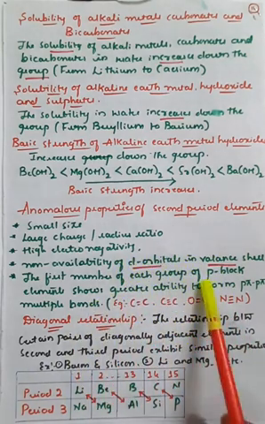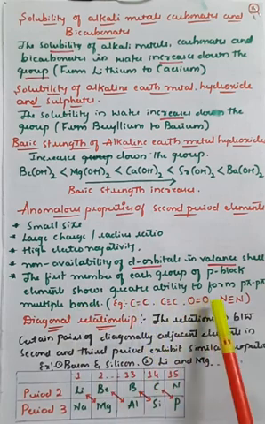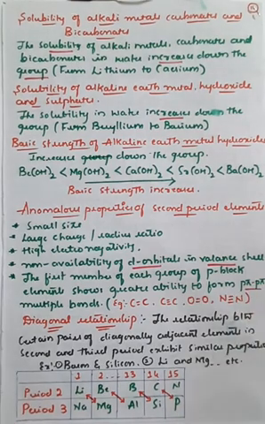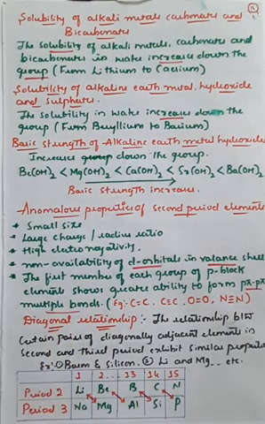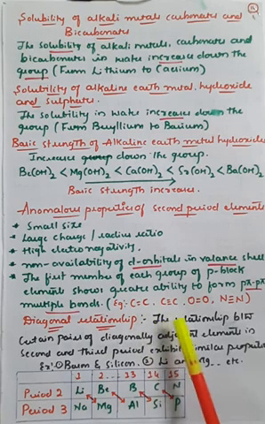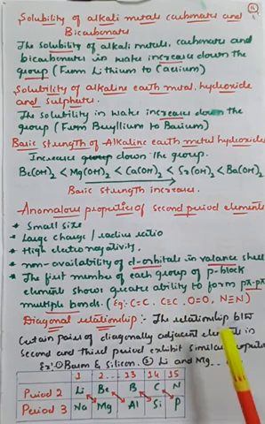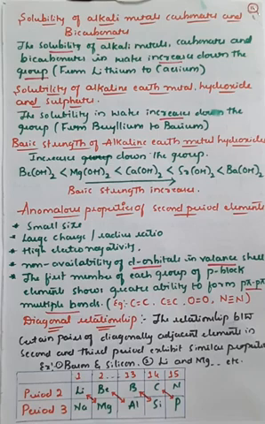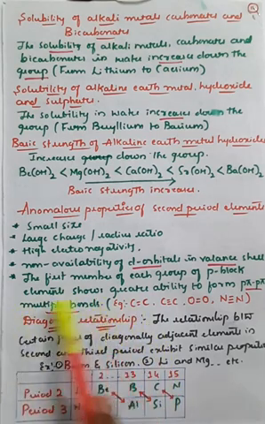And the first member of each group in the p block elements shows a greater ability to form p pi multiple bonds. Further, we'll see what p pi multiple bonding is. Multiple bond means more than one bond. For example, carbon has the capacity to form a double bond with itself, and also a triple bond with itself. Similarly, oxygen has the capacity to form a double bond with itself. Nitrogen has the capability to form a triple bond with itself, right? That is what we call a multiple bond.